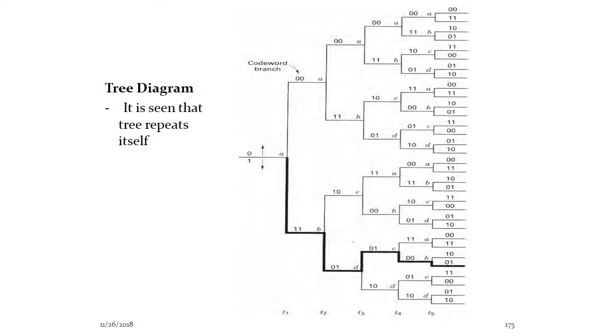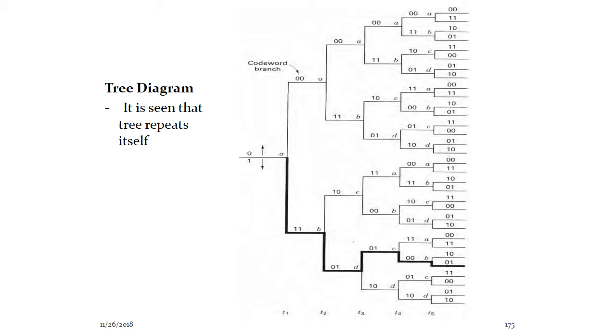Next we are going to see the tree diagram. The code tree starts at node A. If the input message bit is 1, then the path of the tree goes down towards node B and the output is 1 1. Otherwise, if the input is m equal to 0 at node A, then the path of the tree goes upward towards node A, and the output is 0 0. Similarly, depending upon the input message bit, the path of the tree goes upward or downward.